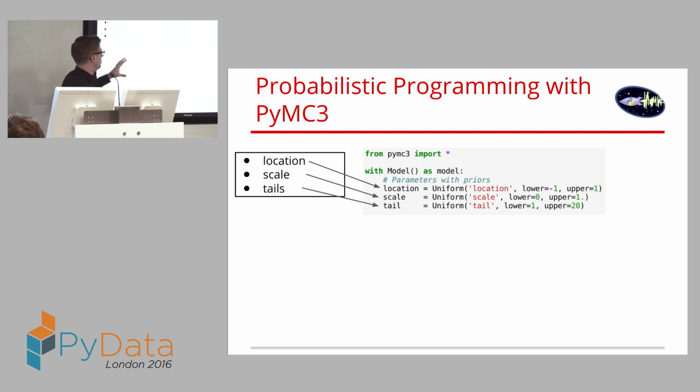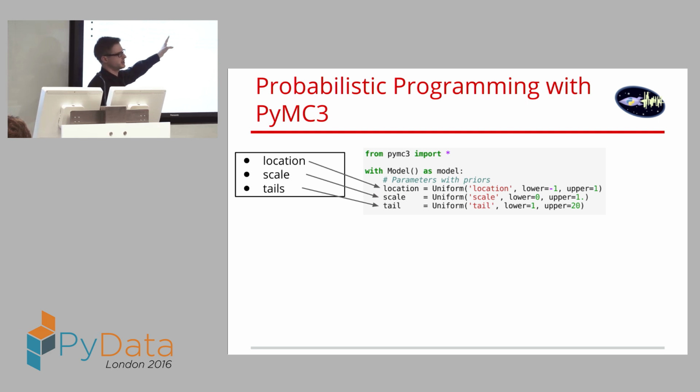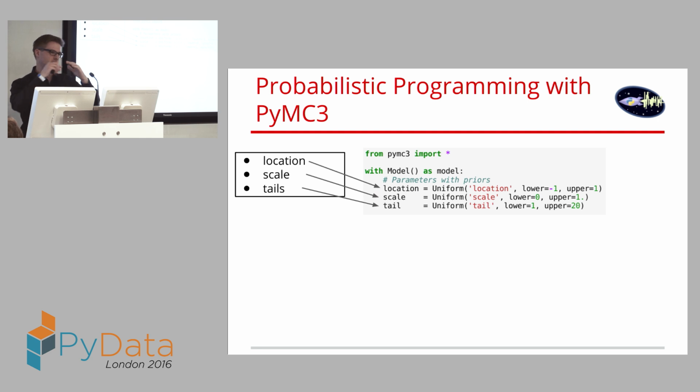So every program will look fairly similar. So here I'm just importing everything to be lazy. And then there's this with context. And that's more of a technicality. You don't really have to worry about that. But essentially, it means that everything that happens indented under here will be tied to this model object. And that basically is a way to keep all the things that you create below that to a common thing. But it's boilerplate code. Every model will have that.